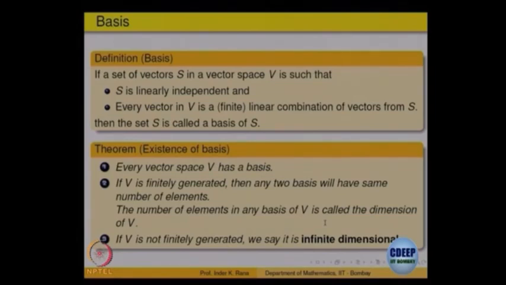For finite, in R^n we know every subspace will have at most n vectors, so there are generators, and the maximum number is n. So, how do you get a basis there? You have got a set which is generating. Remove those elements which can be obtained by a linear combination of the remaining, throw that out, and whatever is left in the end will be independent and generating. So, that will give a basis. Or what you can do is start with one non-zero element and go on adding something more, so that they remain independent and generate everything. That is another way of getting a basis.